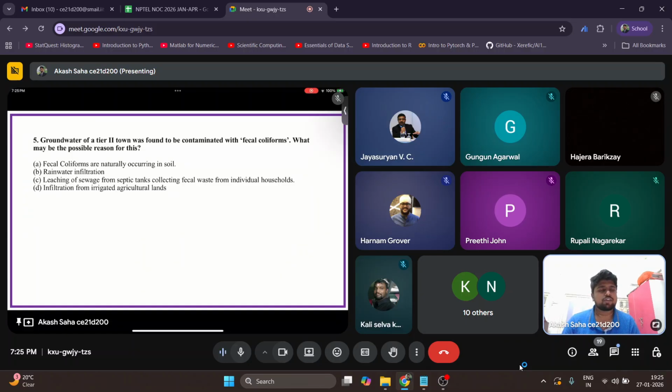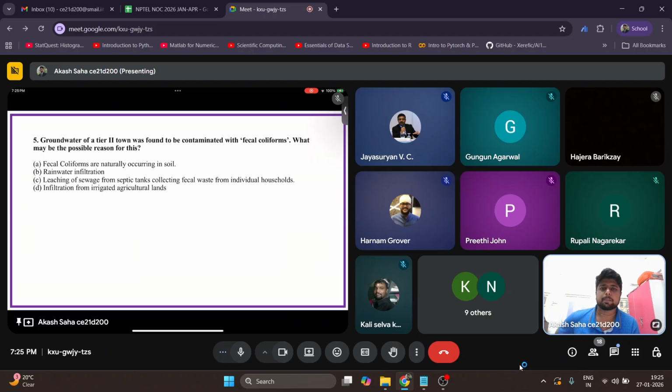Coliforms are just an indicator type of organism. It doesn't mean that they will cause harm to the humans. These are basically indicator organisms, and these are present wherever the pathogens are present,